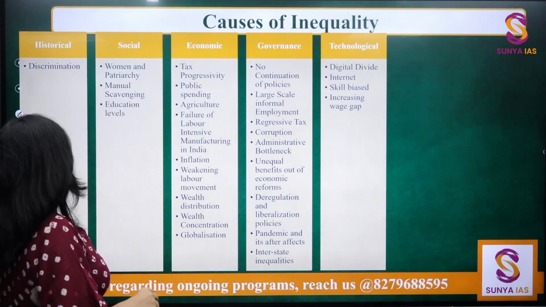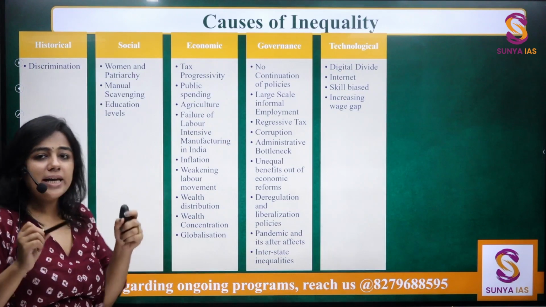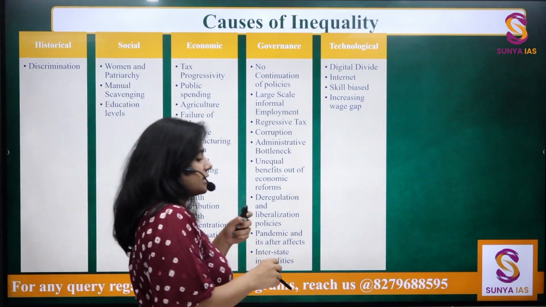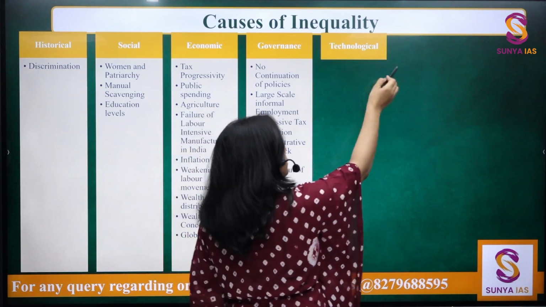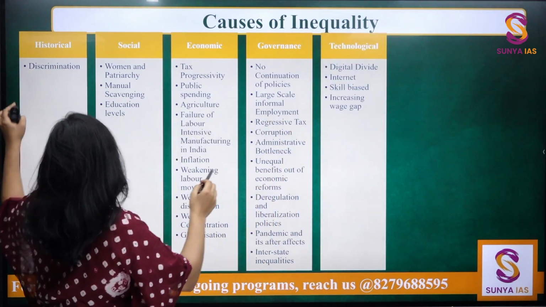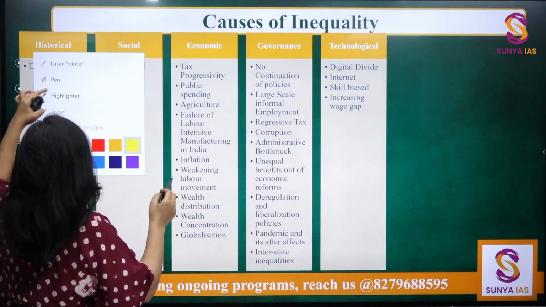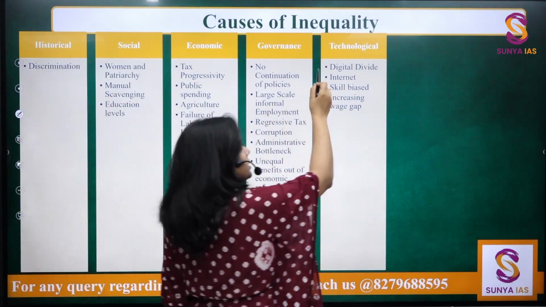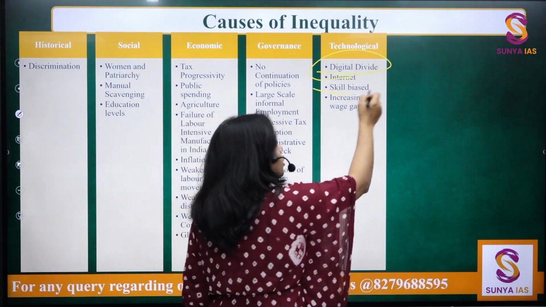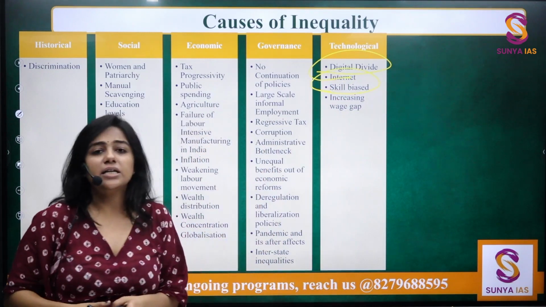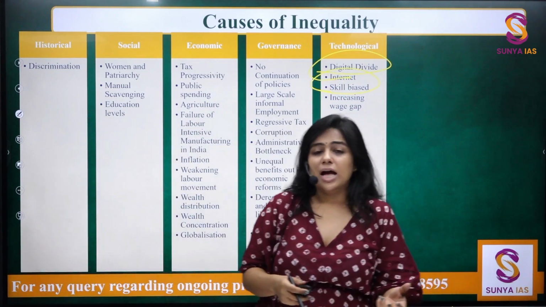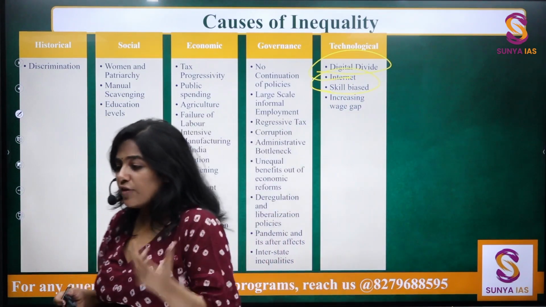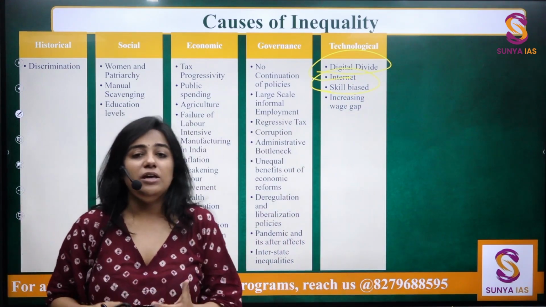Then a very important aspect: in the fourth industrial revolution that is going on right now, there is a massive digital divide. People do not have the skills that are needed to run this particular wave, and people are failing to grasp this wave of